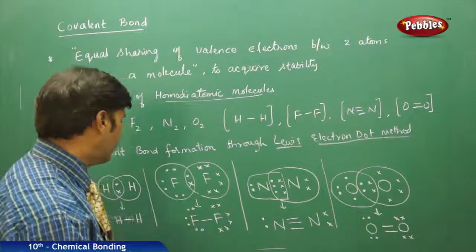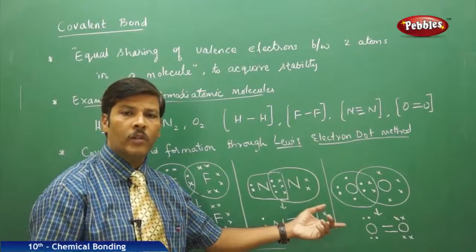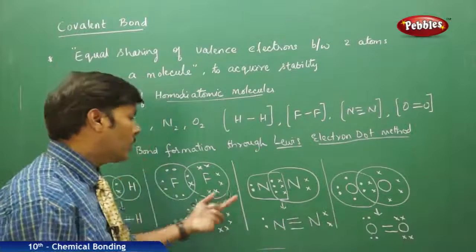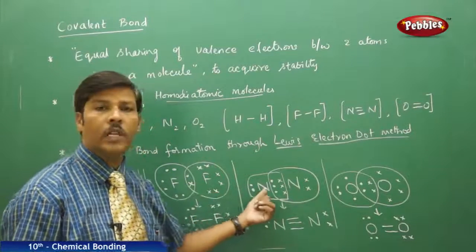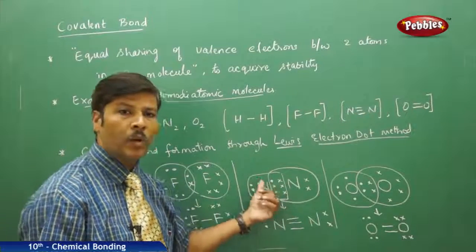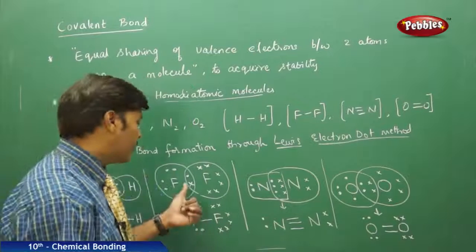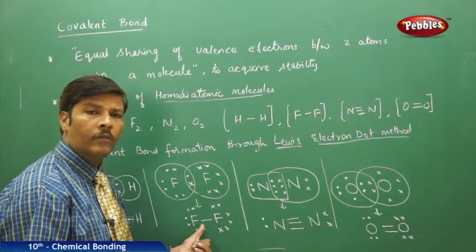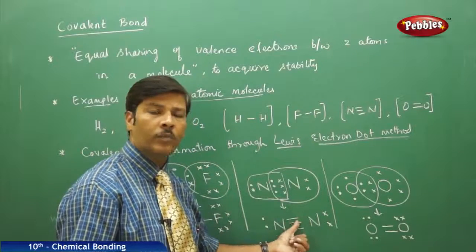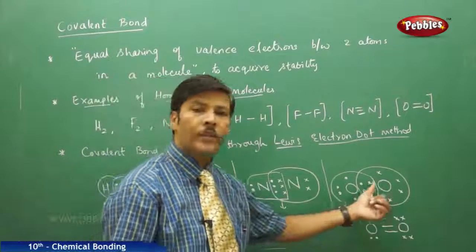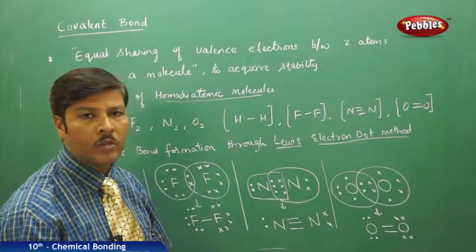Here in all the cases except the hydrogen molecule, the rest of the 3 molecules we have taken for the formation of covalent bond, the fluorine molecule, nitrogen molecule and oxygen molecule, with their equal sharing of valence electrons, all 3 molecules have acquired the octet stability. The only difference is that in the F2 molecule there is a single covalent bond, in the nitrogen molecule there is a triple bond between the 2 nitrogen atoms, and in the oxygen molecule there is a double bond between the 2 oxygen atoms. So therefore